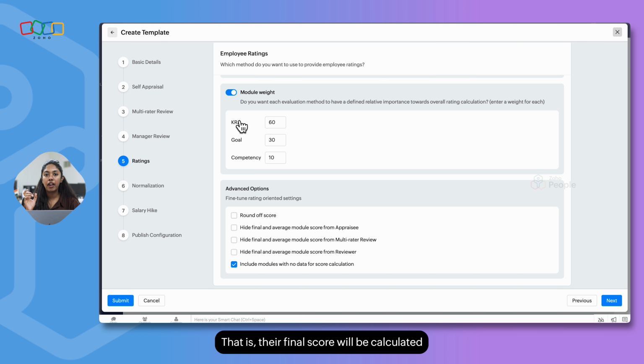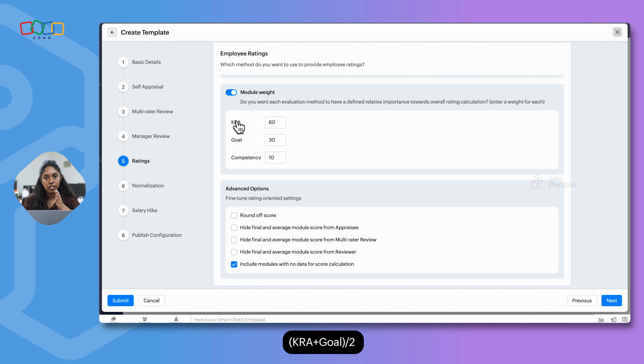Their final score will be calculated as KRA plus goal divided by 2. This is done by the system automatically. However, if you enable this option, include modules with no data for score calculation, the system will also consider competency when calculating the final score, even though no competencies are assigned to the employee.